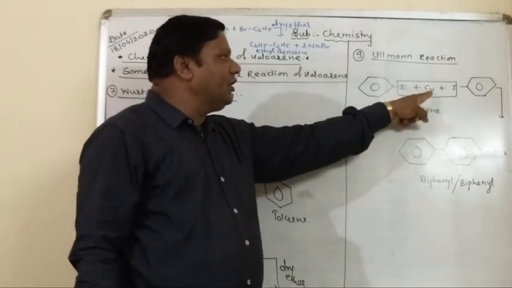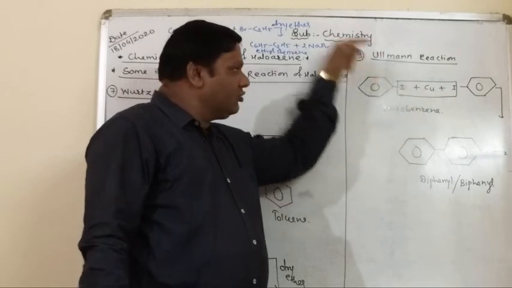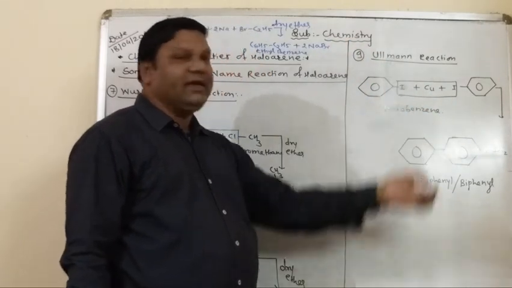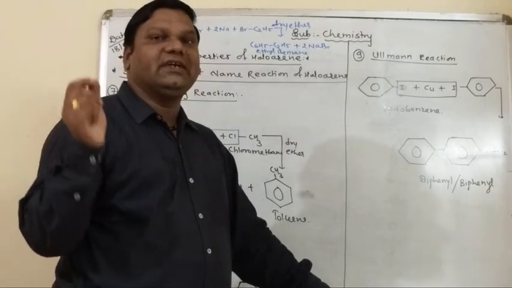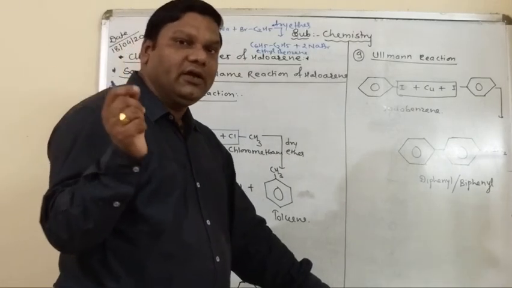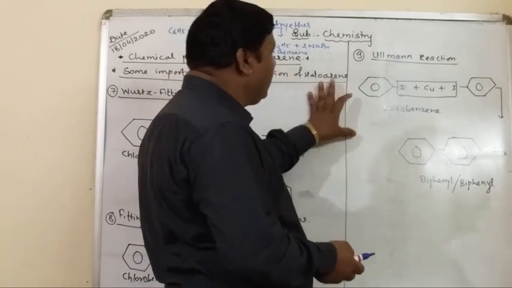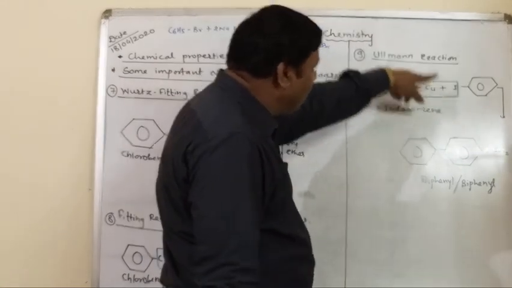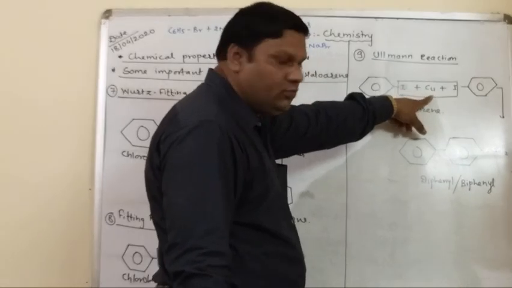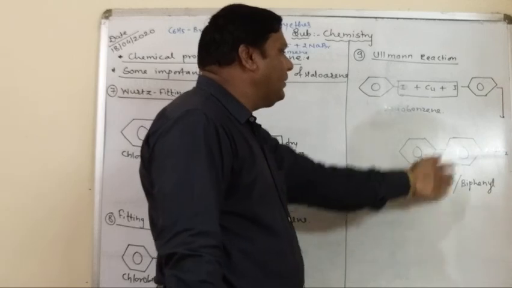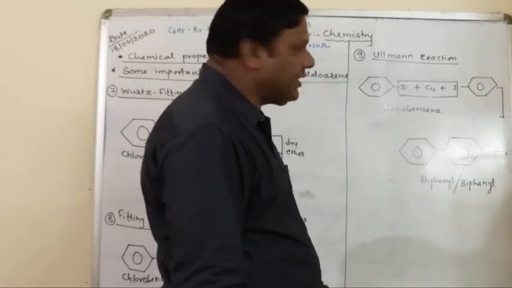In place of sodium, here copper is used. So two molecules of aryl halide, but here properly you take only one substance, that is iodobenzene. It does not require chlorobenzene or bromobenzene. Only iodobenzene. So it's a specification. Iodobenzene reacts with copper